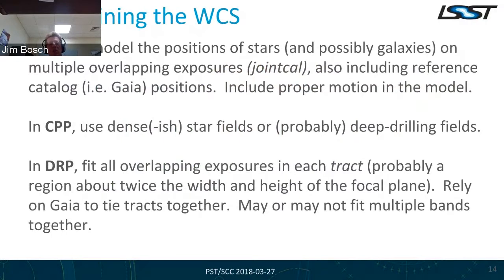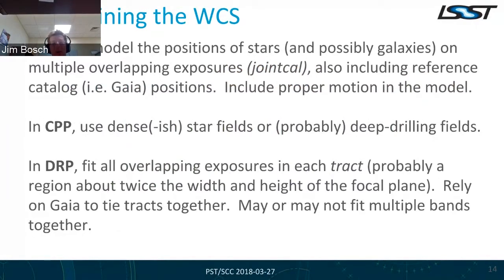We're forward modeling those positions through this big composition of coordinate transforms on multiple overlapping images. So we know the same object is on multiple different images, and it appears in a different place on all those images, but it has the same position in the true sky or something very close to it, and we can model those differences by including proper motion in the model of the objects. And of course, we'll also include Gaia positions, reference catalog positions, which for LSST, once we're in operations,